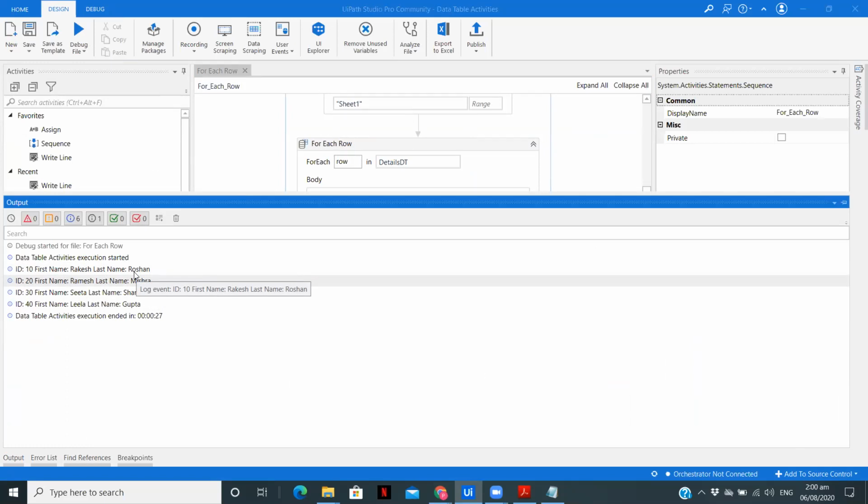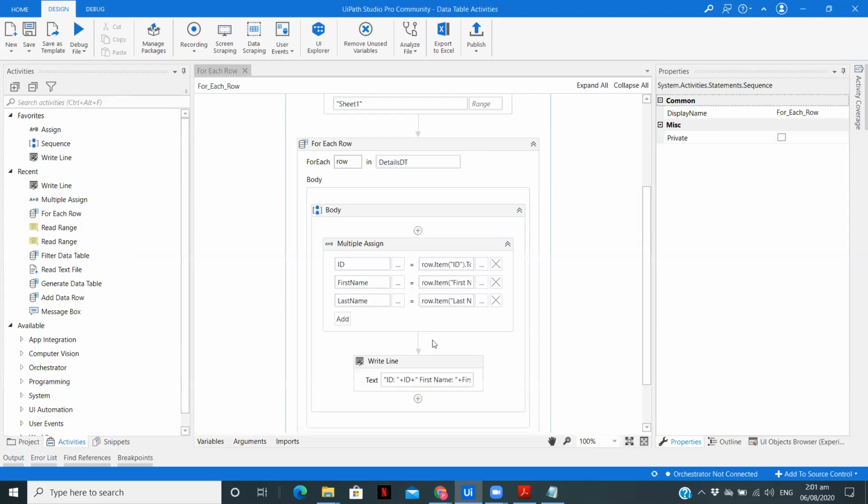Now the applications where this concept can be used is when you want to read an Excel file and type into a web application, a desktop application, or a CRM application. If you are processing some documents and writing the data into an Excel file, and now you need to put that data somewhere, in a database, on a website or on a desktop application, you can easily do it using just 2 activities.